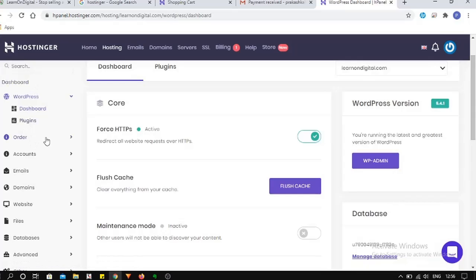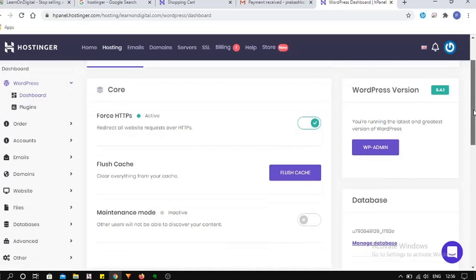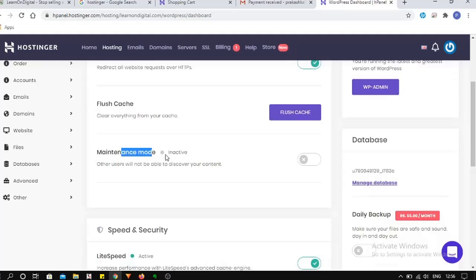You can just play around with the WordPress site of your domain name and learn new things. The major things are in the dashboard. You can activate your plugins like this one, and the maintenance mode should be off. If it is on, your website will be in maintenance mode and the public can't view your web page. If you are updating your content, you can switch on the maintenance mode, and then when completed you will disable the maintenance mode.